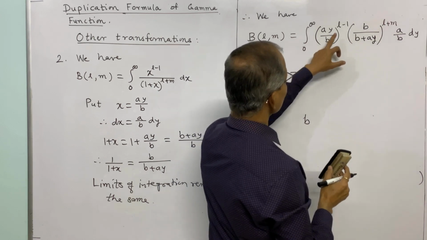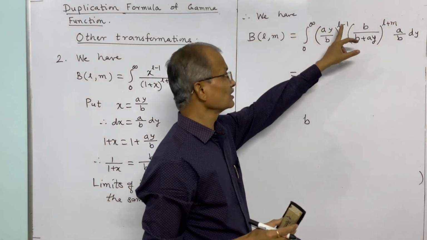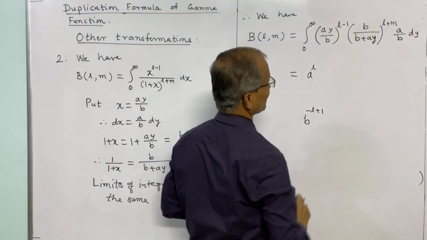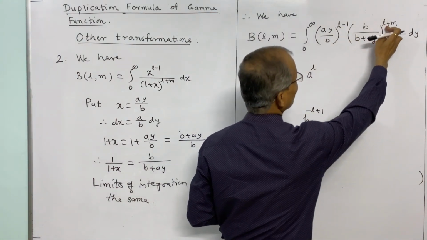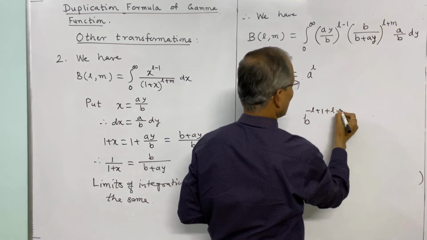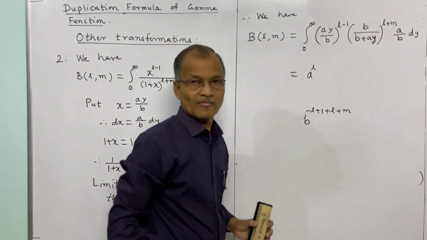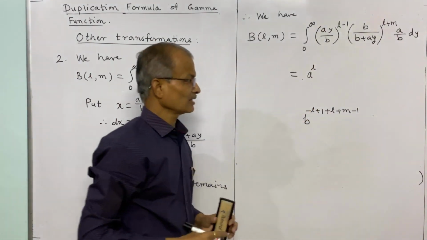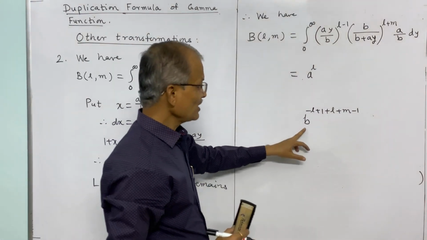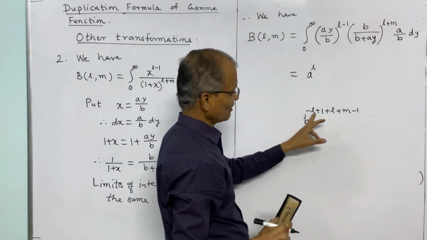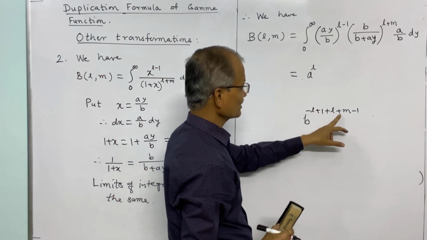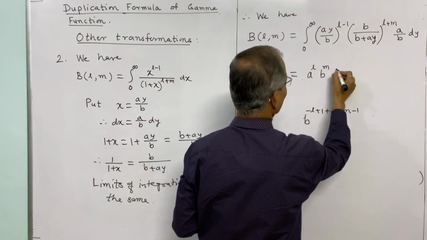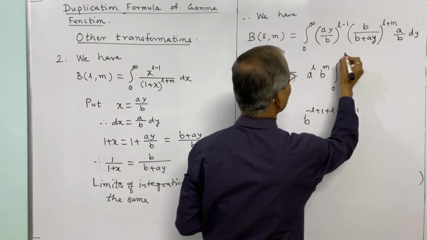B here is at the denominator, so its power will be negative, minus L plus 1, taking negative of this. And here it is having the same power L plus M, it is at numerator. And here in the last term it is at denominator, so with minus 1 power. And thus b has the power, this minus L plus L becomes 0 and 1 also cancels, b to the power M remains. So a to the power L, b to the power M, integral 0 to infinity,